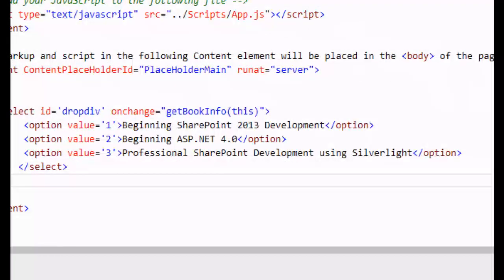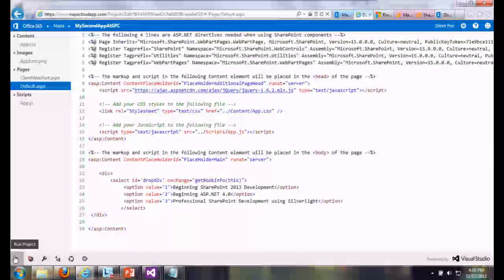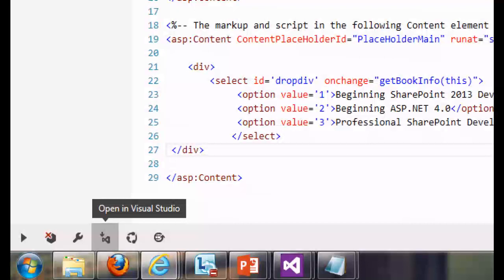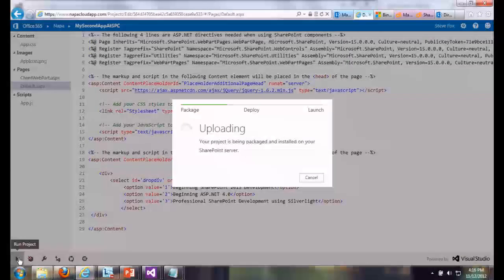So let's go ahead. We'll F5 it here. I'm not going to do this, but you can see if you wanted to open it in Visual Studio, you can. I'll go ahead and run the project. You can see it's uploading. It will package. It will deploy. And it will launch. Literally what it's doing right now, it's deploying it into SharePoint. So I could actually close this browser out once it deploys, and it's an app inside of my SharePoint tenancy. Okay? Now again, this is going to be remarkably unimpressive code, but the point is I want you to get the idea of how this actually works, given the fact that we're in a fairly basic session here, okay?